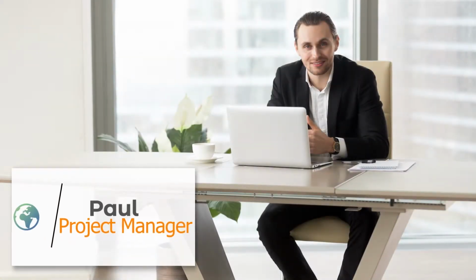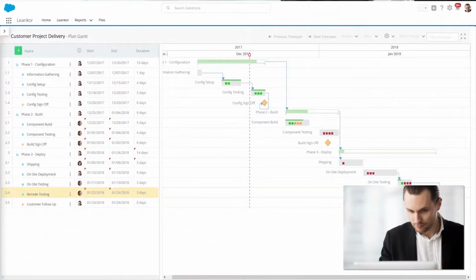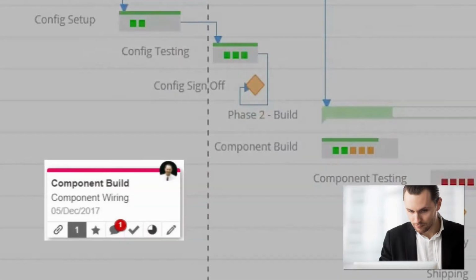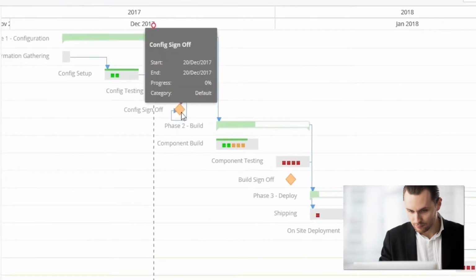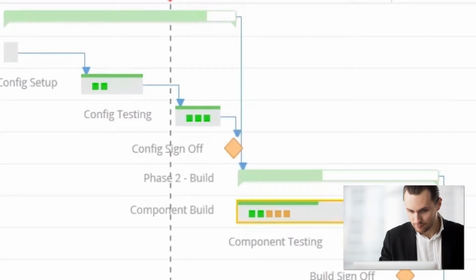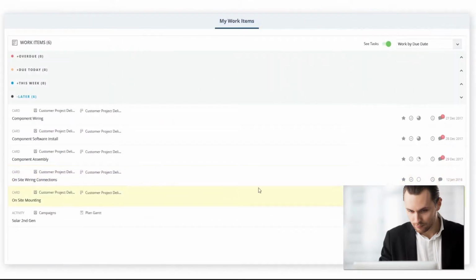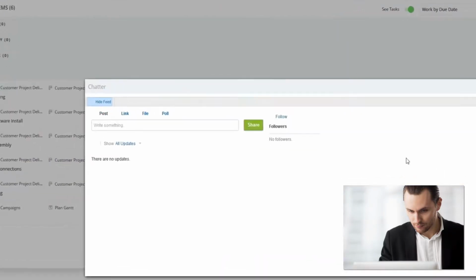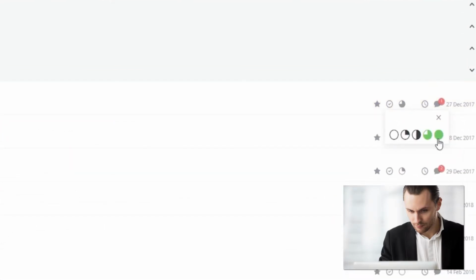Meet Paul, project manager at Global Corp, who starts his day organizing and prioritizing by looking at the overall project Gantt chart that has embedded Kanban cards right in the activities. This hybrid view allows him to see the overall timeline, milestones, and dependencies of the project. At the same time, other teams can work on the project in a Kanban workflow method with their cards driving the Gantt activities. In Paul's personal workspace, Sarah's new customer needs some configuration specifications, which he uploads and marks completed